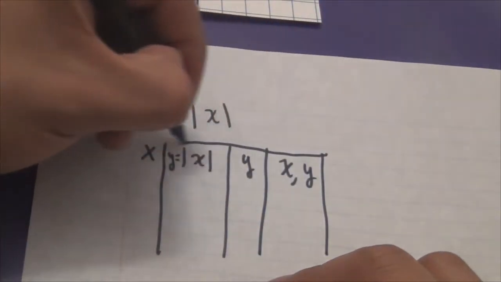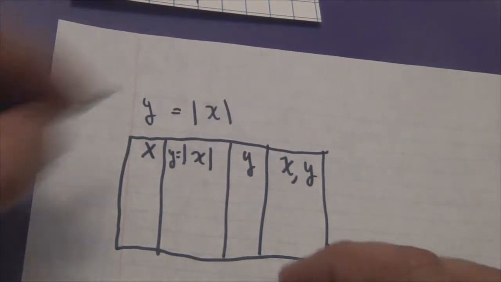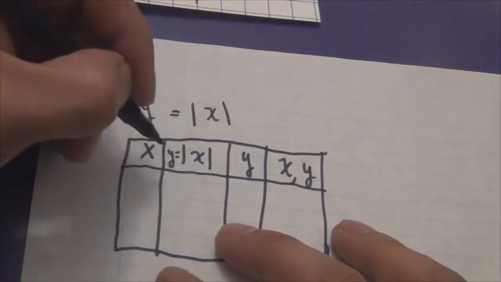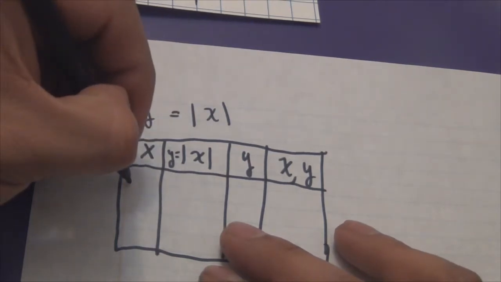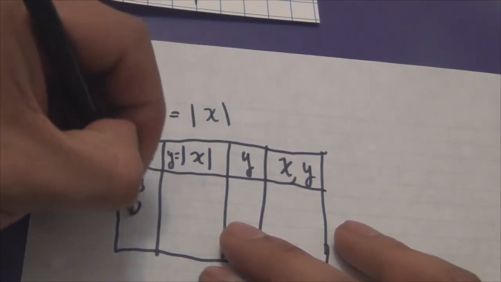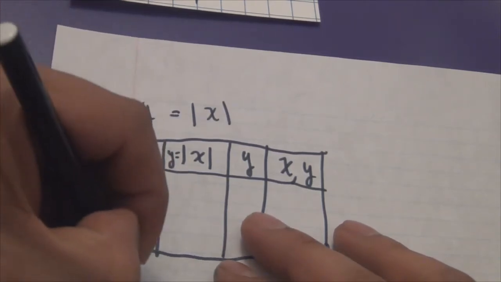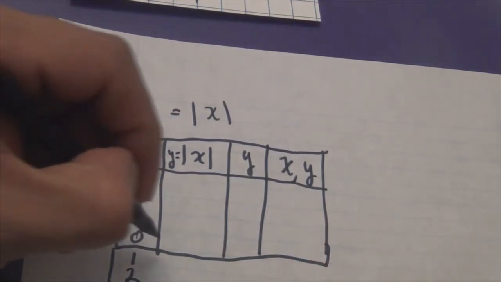You don't have to do all this. I just want to make sure that I am on the right page. I'm going to give values starting from -3, -2, -1, 0, 1, 2, and 3. I went overboard with this, but